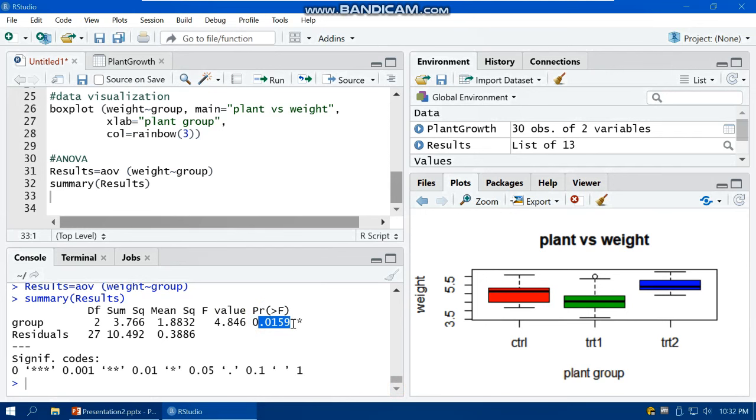But notice Anova cannot tell us which two groups are different. We need to run post-hoc test, and post-hoc test is used to determine which two groups are statistically different from each other. And probably the most common post-hoc test is Tukey's HSD test, or honestly significant difference, which compares all of the possible pairs of the groups. Okay, so if I here type